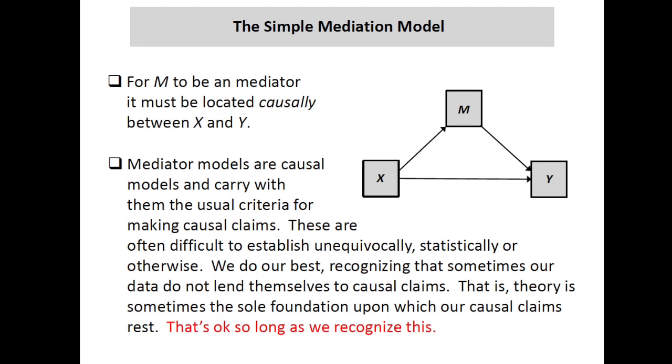They're going to carry with them all the standard criteria that we use for making cause-effect claims. And we know these are often very, typically fairly difficult conditions to meet. Covariation, though it turns out covariation is not a condition of causality, even though we often teach it that way. Generally covariation is thought of as one of those criteria, the other being temporal precedent. Cause has to precede effect, and then the third being you've ruled out alternative explanations for the association.